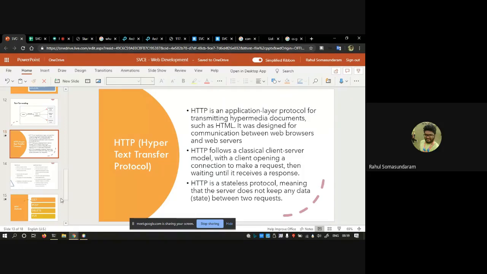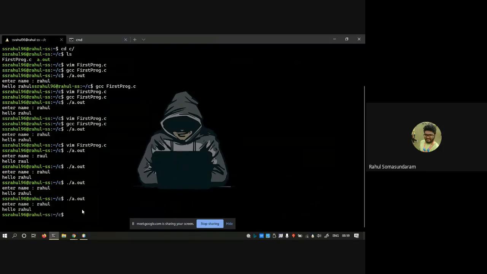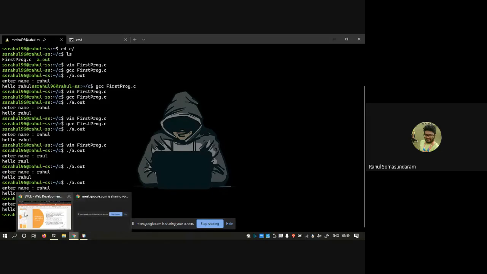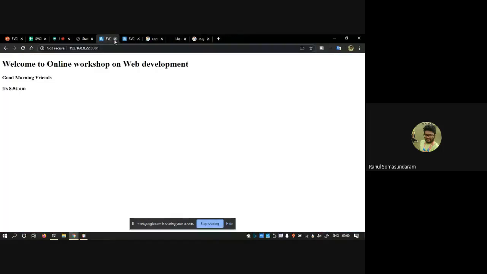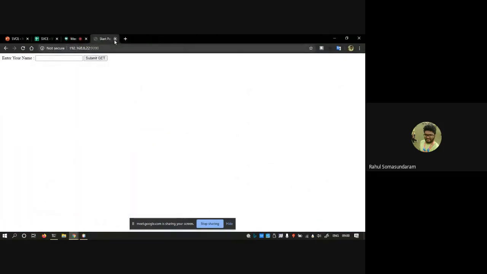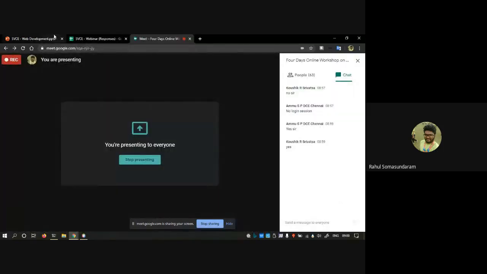So how is HTTP served next? As a C program, you can just compile the program and if you run ./a.out, it will be executed. But how is an HTTP program served or consumed? Any idea on it? Okay, fine.